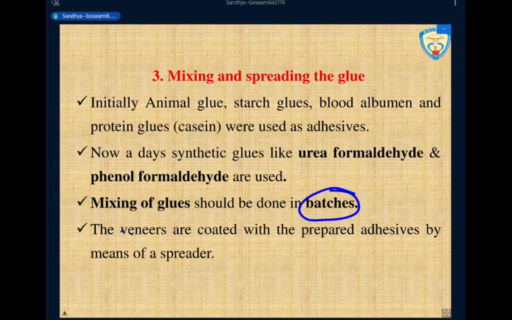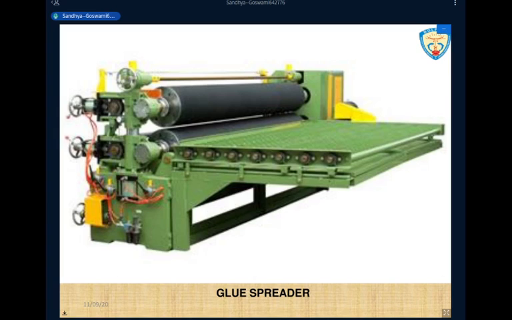If the industry is small, then people used to do it by hand, with the help of brushes, to spread glue on the veneers. But in a big industry, there is a lot of work, so if we do all of it by hand, it will take time. So the machine that is used is named the glue spreader, right? Here you can see the picture of a glue spreader. This is the platform, right? On this platform you put the veneer, and these two cylinders you can see